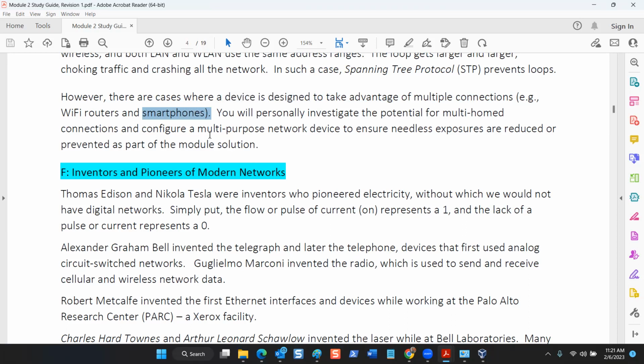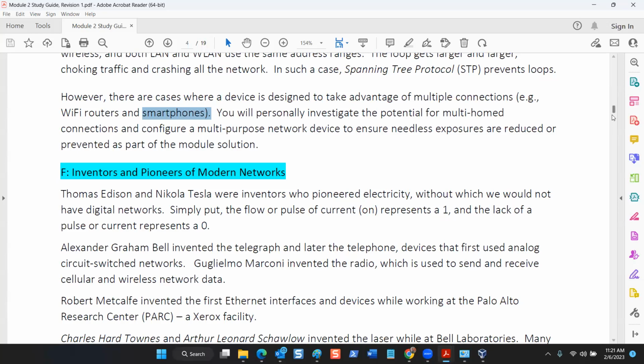But the important thing to understand is that you only want to bridge network interfaces for very specific purposes, and you want to carefully design what's going on there and how it's happening. Now, this would close out